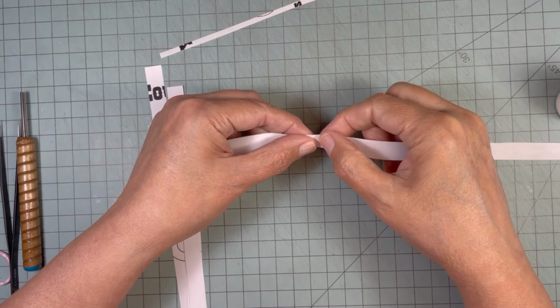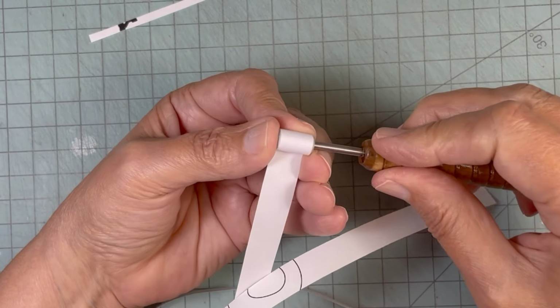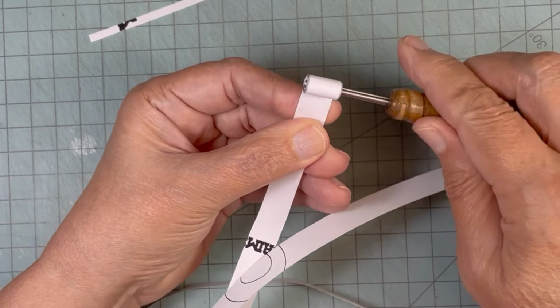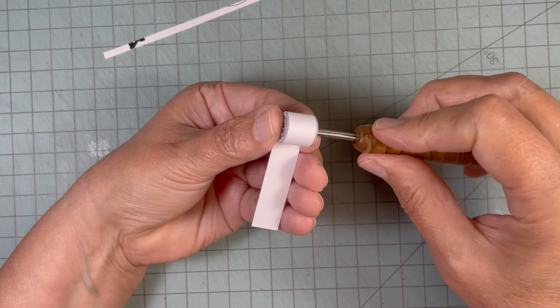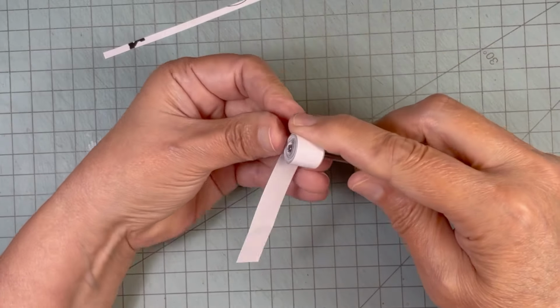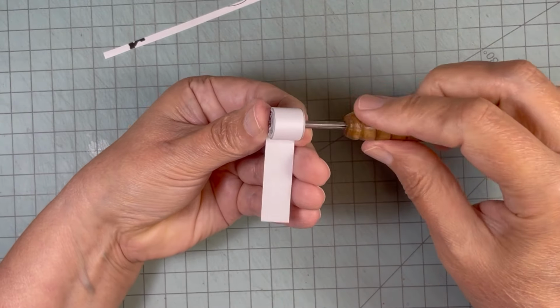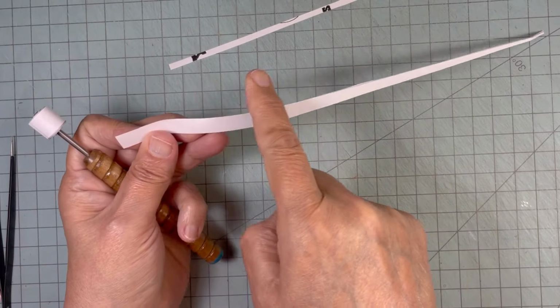Next, I just rolled them up and I tried to keep it pretty tight. I would go fast a little bit and then give it a little tug and then continue on. Don't tug it too hard because you don't want it to slip out of the little slot that the paper's sitting in. So this creates a nice wide cylinder that will be the width of this pot,